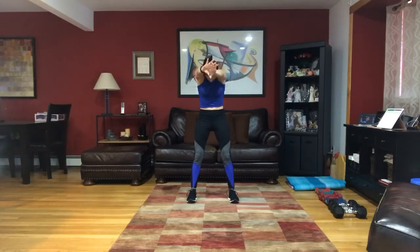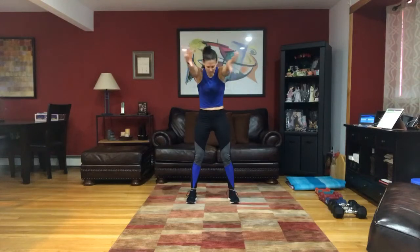Close by rounding and look down, open and look up. 2 more times, round and look down, open and look up. 1 more time, round, and then open. Good, come back neutral. And from here, we're gonna interlock the fingers, take them behind the head, or loosely behind